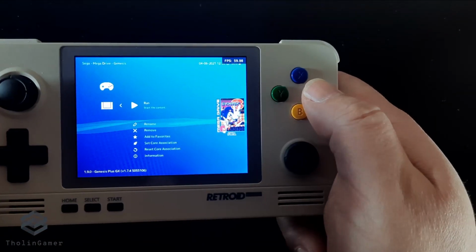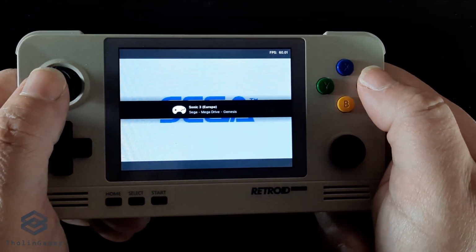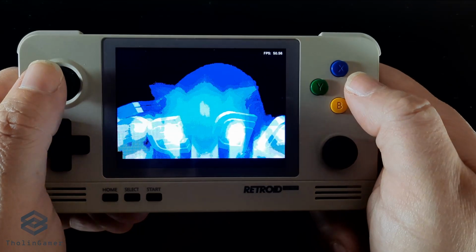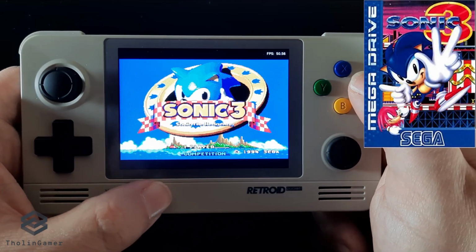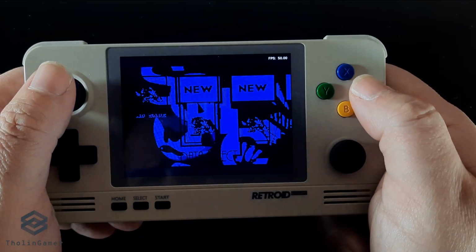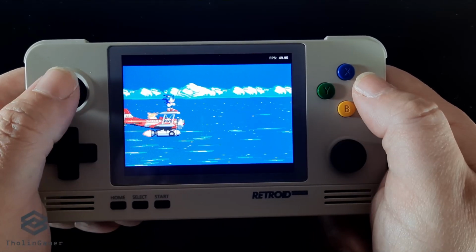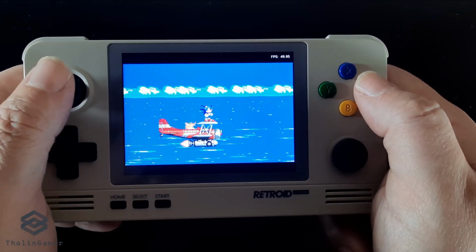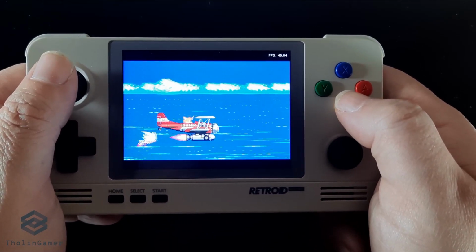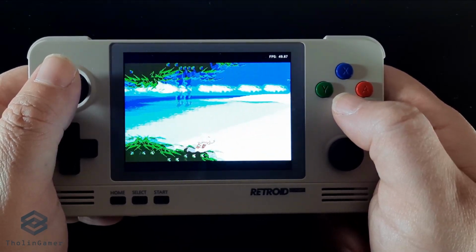Moving on, as mentioned in other videos, there is never a complete Sega video without a Sonic game. So now we are going to test Sonic 3. Now, this is a 1994 released game. It is a platform one developed by Sega, and it's part of the Sonic the Hedgehog series. This was initially planned to be developed as an isometric game like the Sonic 3D Blast, but it became a typical 2D platformer due to time constraints.